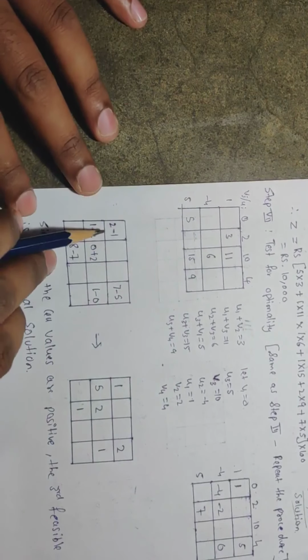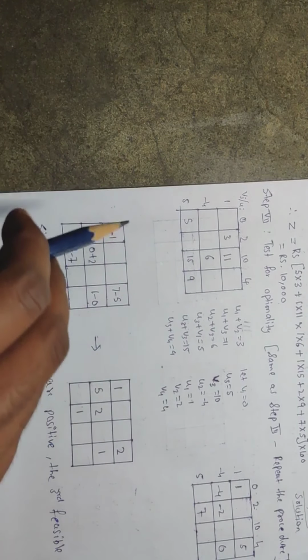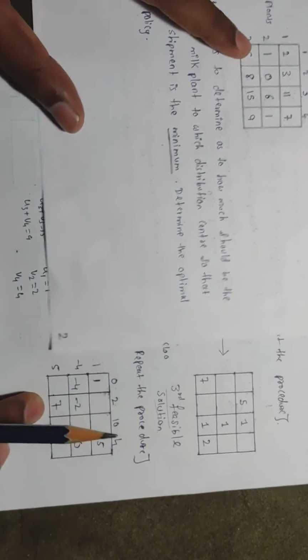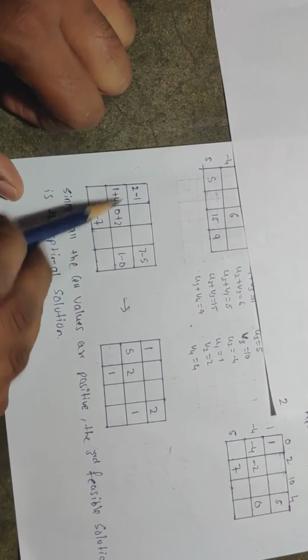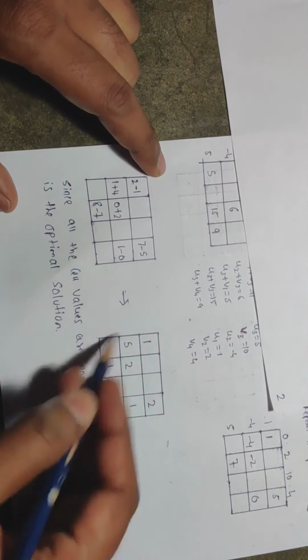And once you get this matrix, what you must do is subtract the values of the matrix from the original cost matrix. The original cost matrix is already given in the question, you can check here. So 2 3 11 and all, so subtract those values here. This matrix you have to subtract from the given table. So this is the new table that you have got here. I subtracted the values here and I have shown it to you. So 2 minus 1, 7 minus 5, 1 plus 4, 0 plus 2, 1 minus 0, 8 minus 7. So I'm getting a new table here.